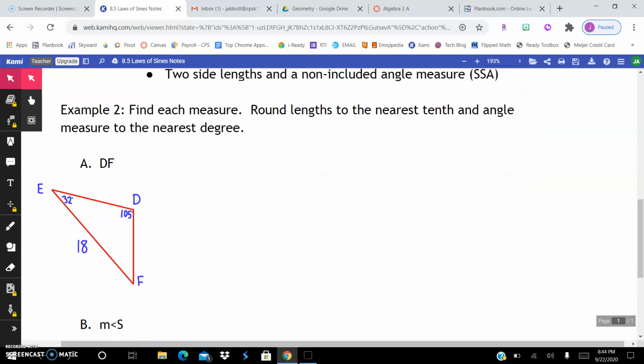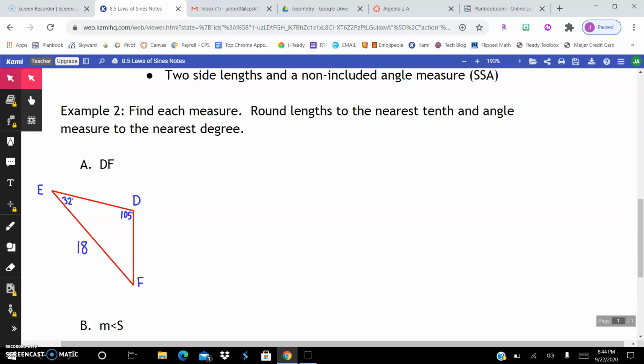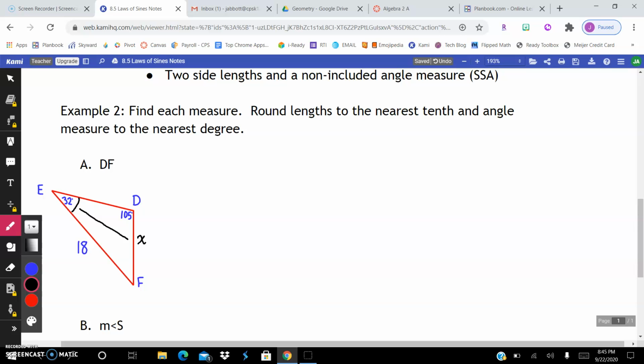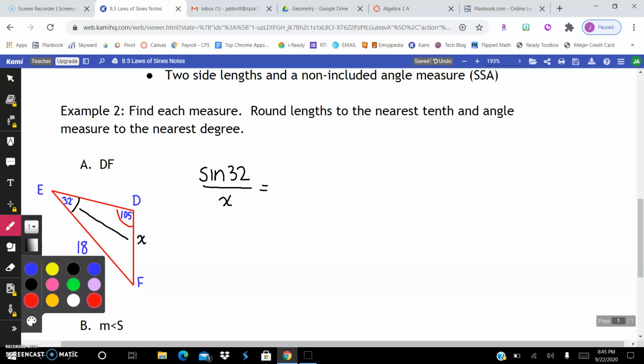So, for example 2 here, it says to find each measure and round your lengths to the nearest tenth and angle measure to the nearest degree. So for part A, they want us to find the length of side DF. So they want us to find this right here. So we know the measure of angle E, and the opposite of that would be our x. So we know that the sine of 32 over the side length of the opposite, which here is x, is going to be equal to, we know this angle of 105, so angle D, the sine of 105 over its opposite side length, which would